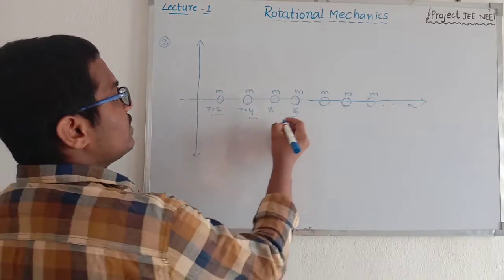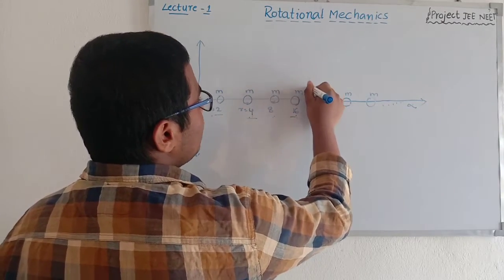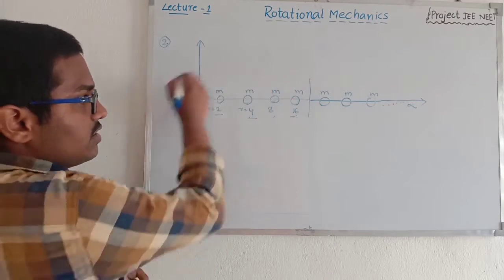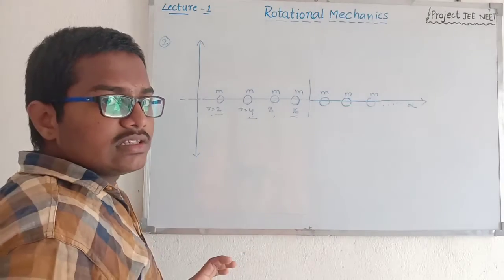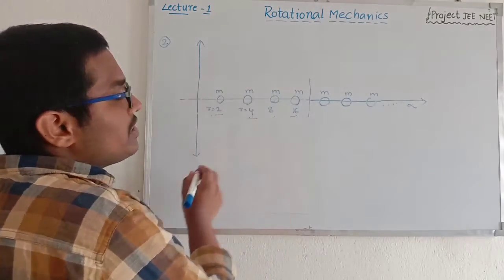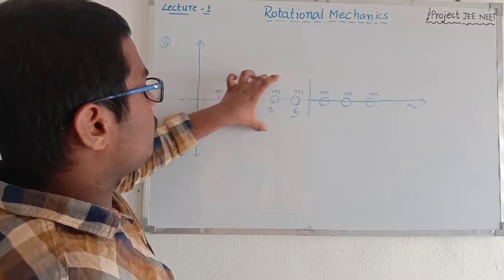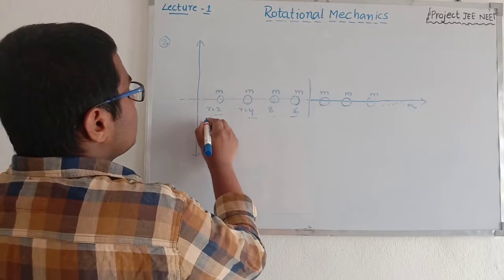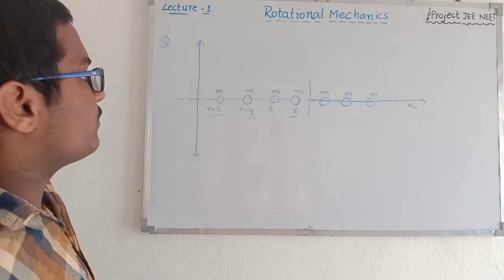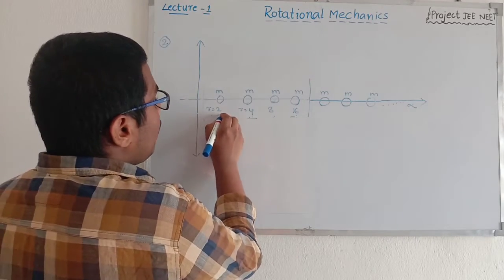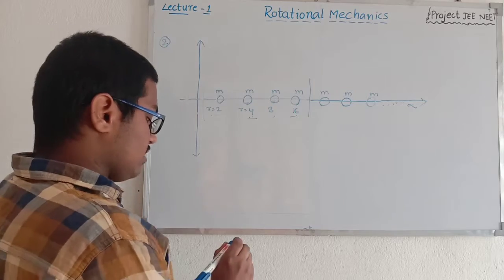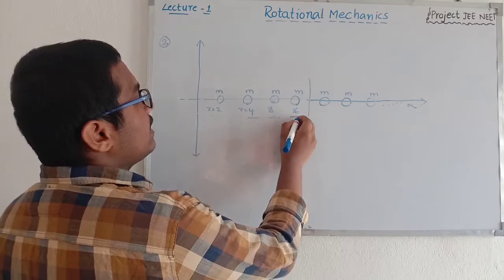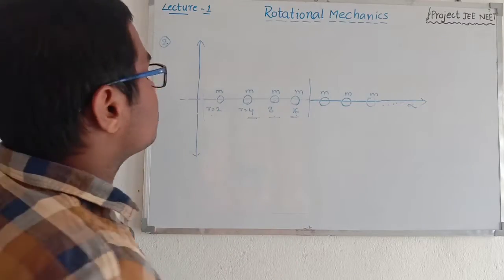Okay, next let's discuss only up to here. Here there are 4 masses. The total system contains 4 masses. The question is, calculate the moment of inertia for the 4 masses. So this is the total system from the point of view of the problem. So r is equal to 2 in the first case, r is equal to 4 in the second case, r equal to 8 in the third, and r equal to 16 in the fourth.